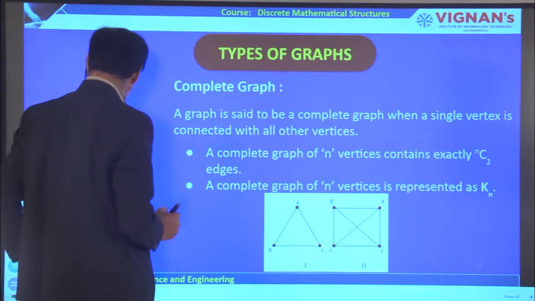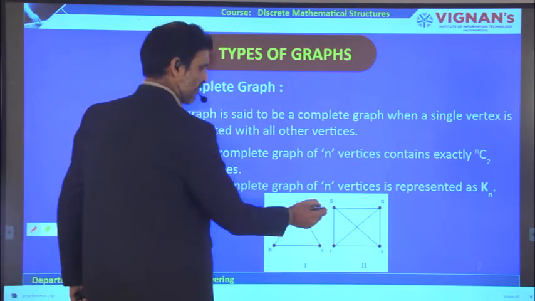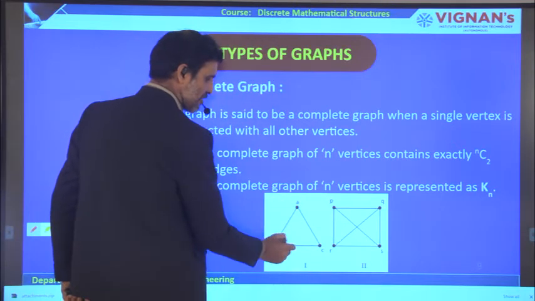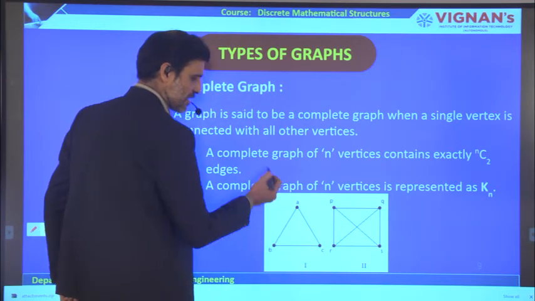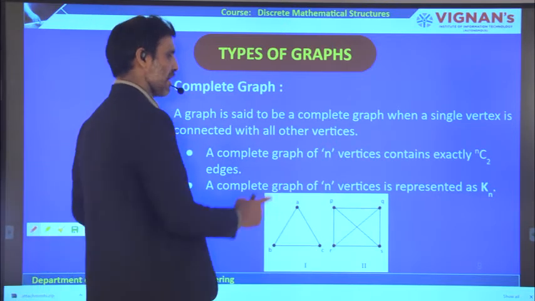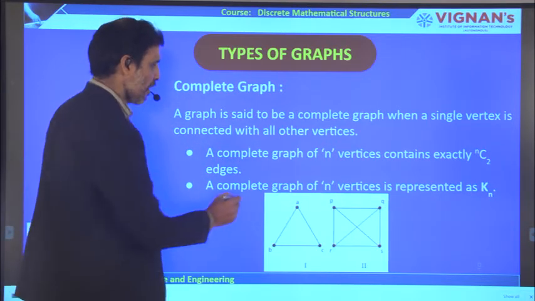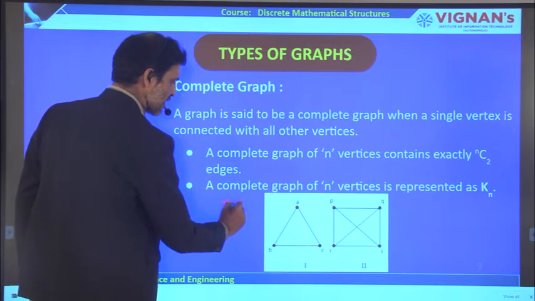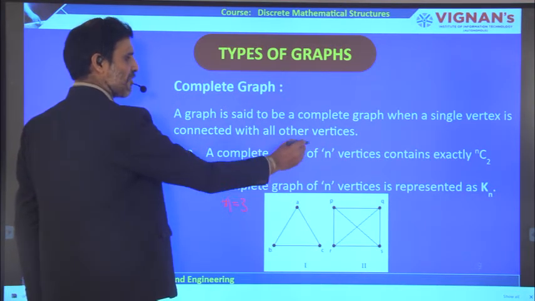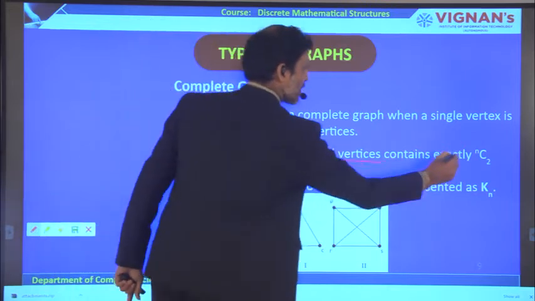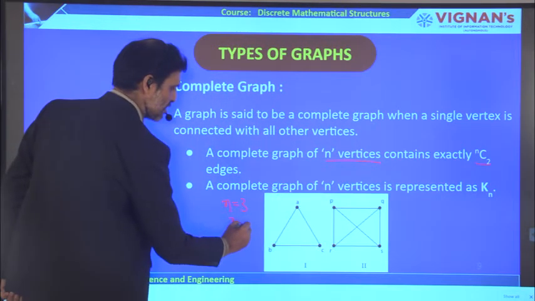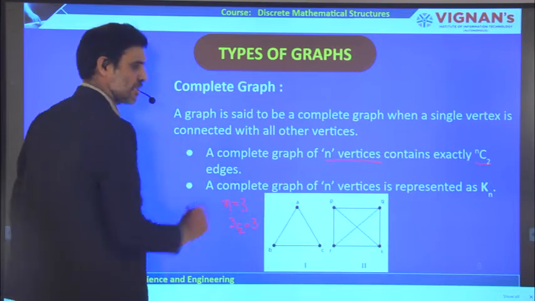Let us go through this. What is given here? So again you can take this graph. Suppose just now we discussed this graph. Here if you observe, A is connected with B and C, C is connected like this. Every vertex is connected with all other vertices in the given graph, therefore it is a complete graph. Now how many vertices are there for this graph? 3. So the number of edges is what? A complete graph of n vertices contains nC2 edges. That means you will get 3C2, which is equal to 3.